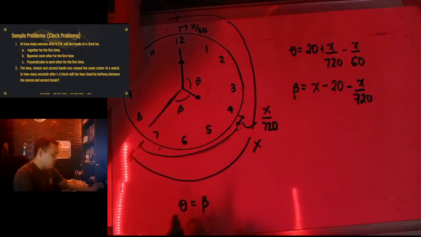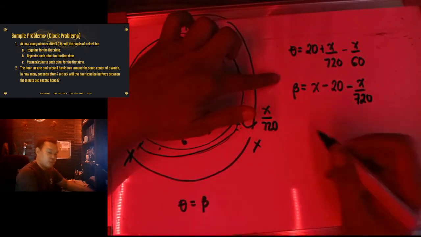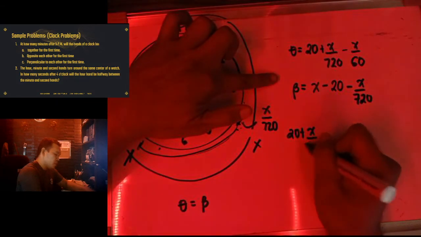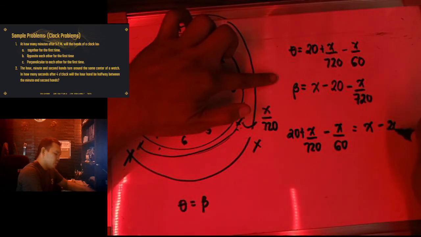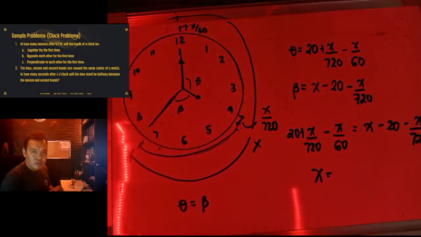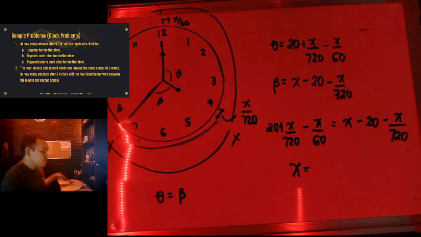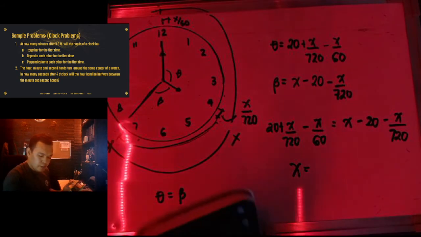So, ngayon, alam natin si theta at si beta ay pareho. So, we could equate this equation into 20 plus x over 720 minus x over 60 is equivalent kay x minus 20 minus x all over 720. Then, pwede mo nang computein gamit yung calculator. Shift solve na lang natin. No? So, we could say that 20 plus x over 720 minus x over 60 equals x minus 20 minus x all over 720. Therefore, the value of x is equivalent kay